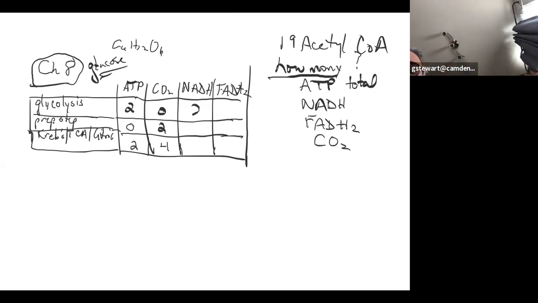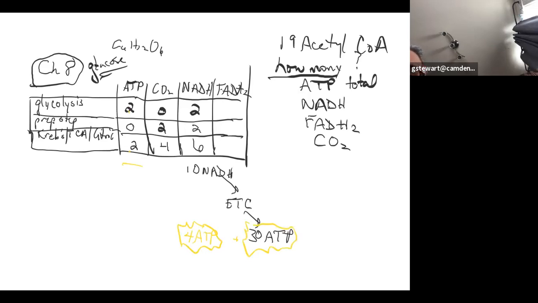NADH from glycolysis, I believe it's 2, from the prep step 2, and then 6 going around twice. So that's going to give us a total of 10 NADH per glucose that are going to go to the electron transport chain to produce those 30 ATP. Plus we have, let's use the yellow, plus we have these 4,